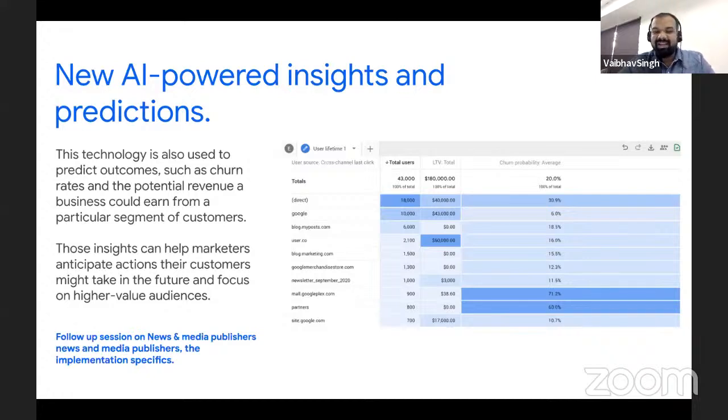And if you've added or integrated your AdSense or DFP account into it, you could get the revenue data here itself. But the good part is now you would be able to get some AI-powered insights that your site has performed so much. This is the number of daily users which are coming on your website on a generic basis.